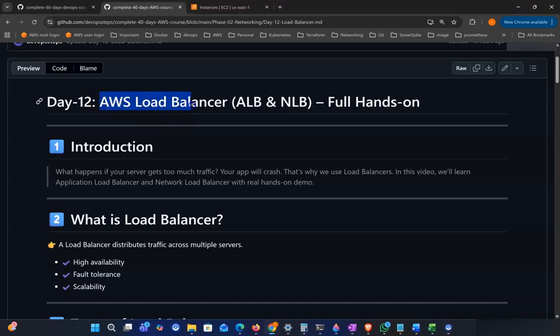Our today's class topic is AWS Load Balancer, and we'll cover application and network load balancer both, and we'll show